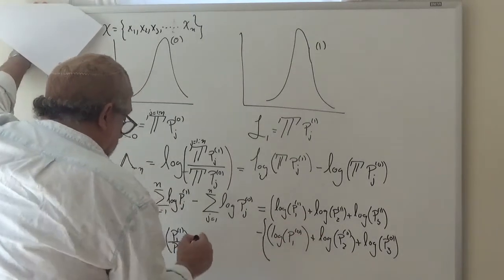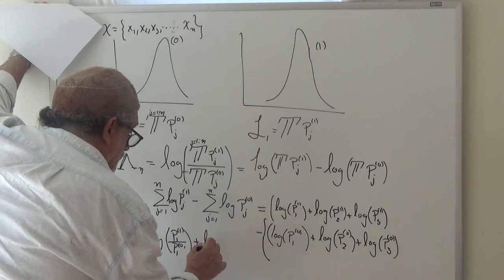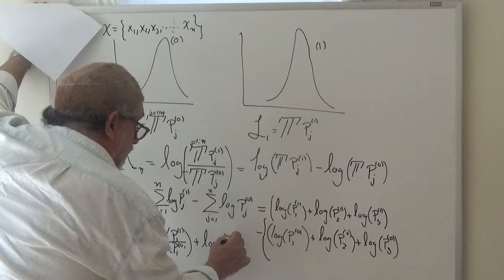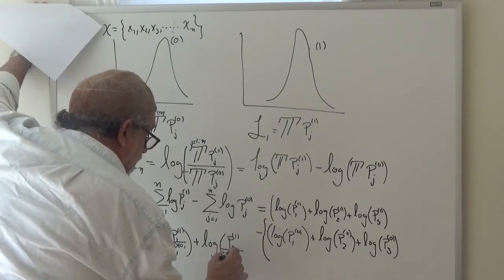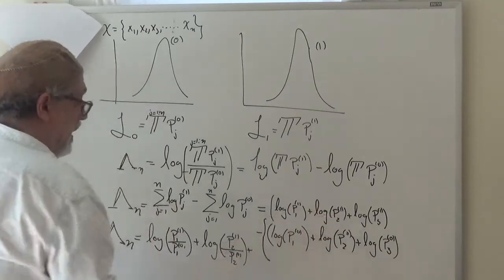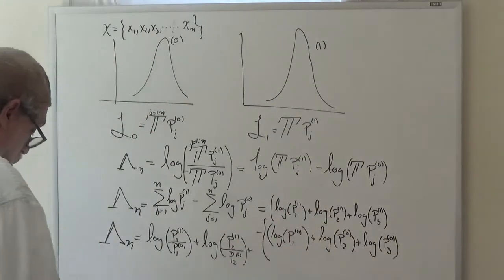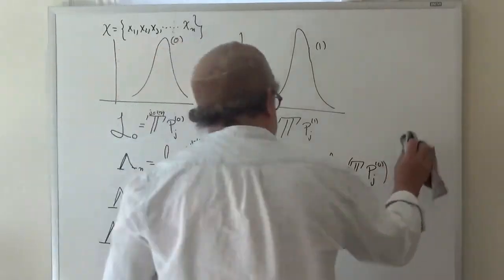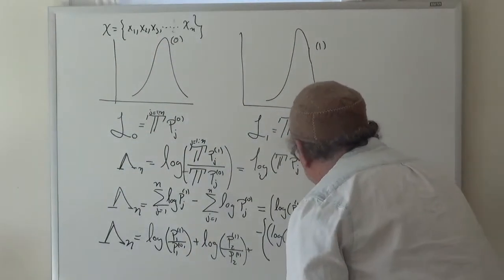The same thing with the 2: plus the log of the probability 2 in the 1 divided by the probability 2 in the 0, plus like that, right? So you can see that if I have n, I get to the formula